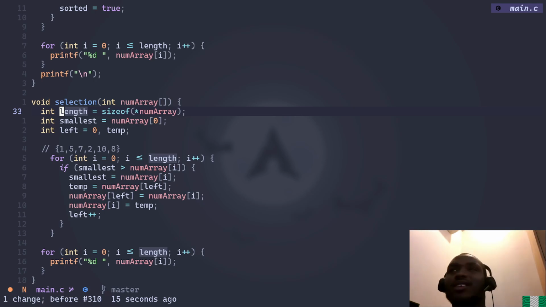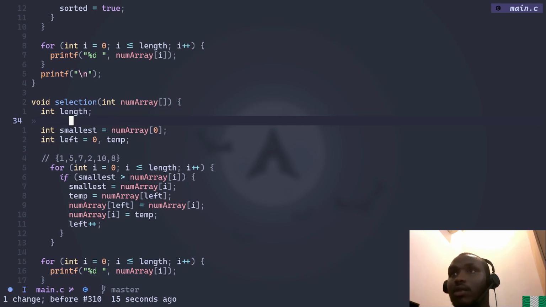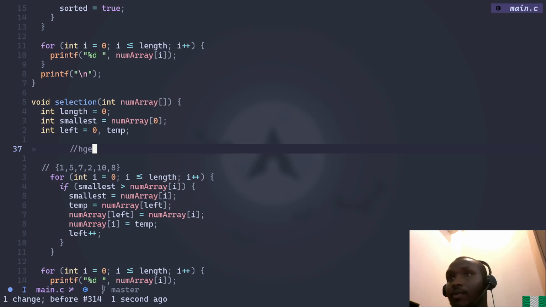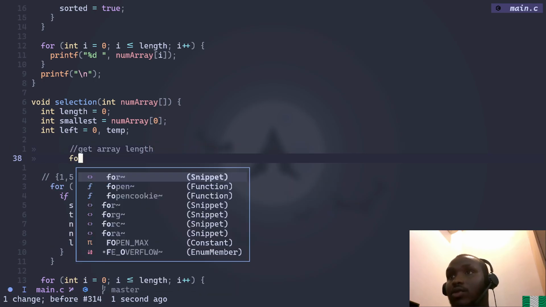Or should I just get the length manually? I think I can do that, which is the most reliable. Equals 0. Then you can just get array length. You can just do for